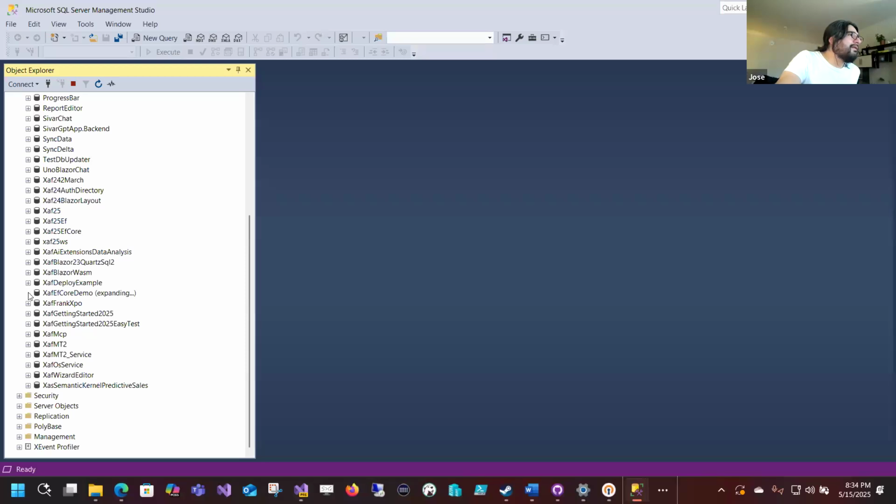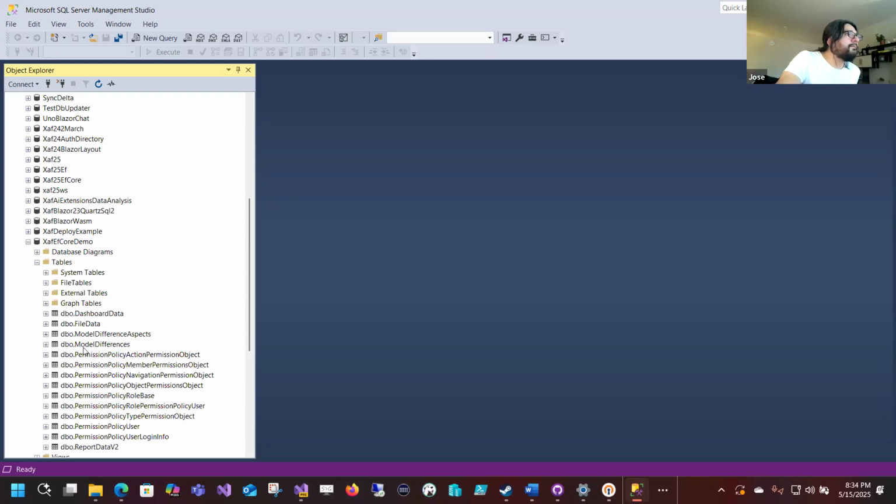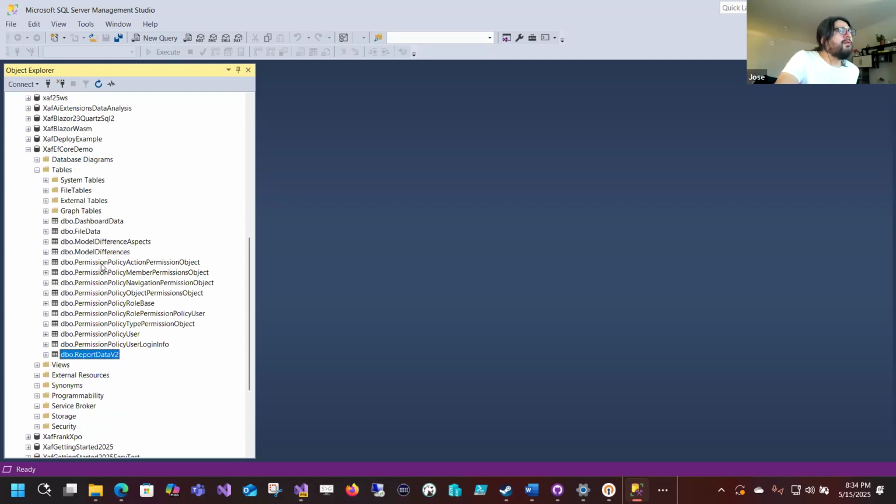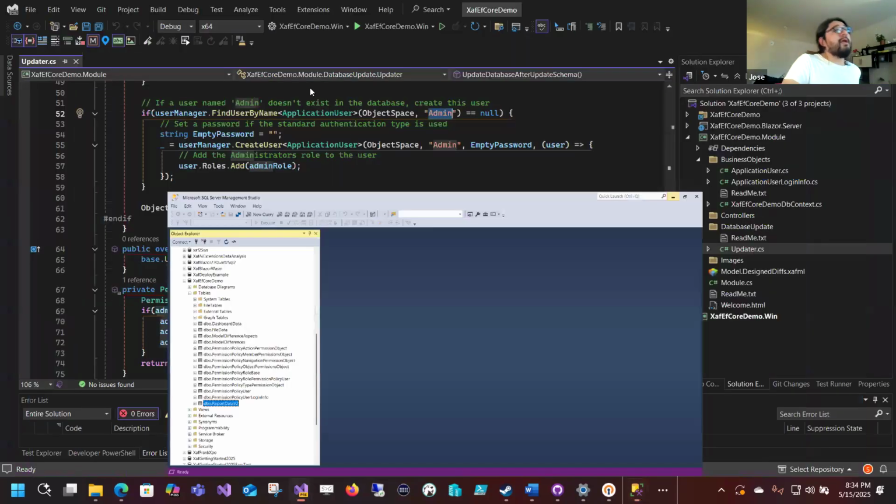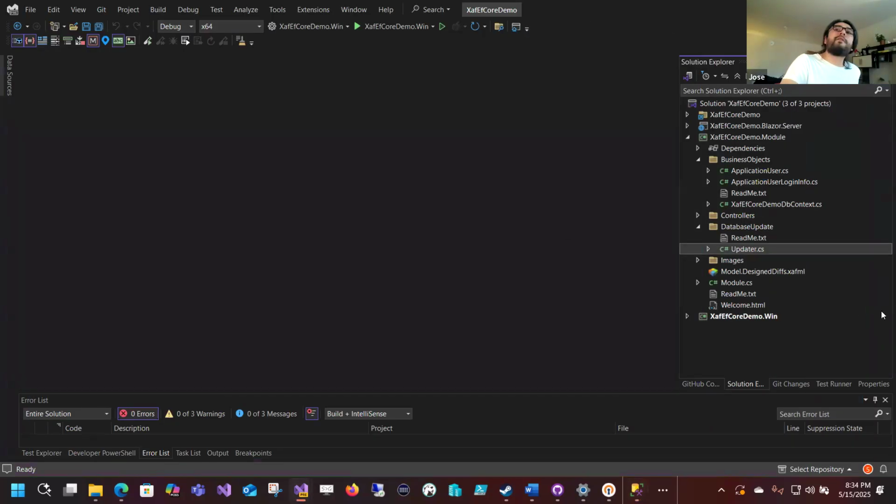So, SAF EF Core demo. These are the tables that we have. As you can see, there is nothing that is actually created by me at this moment, because we have not added any class yet. So before I add a domain object, I want to talk about